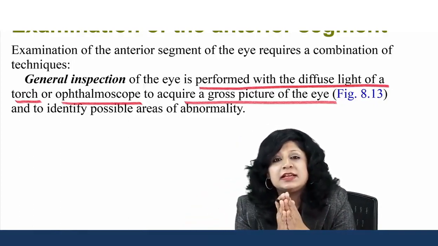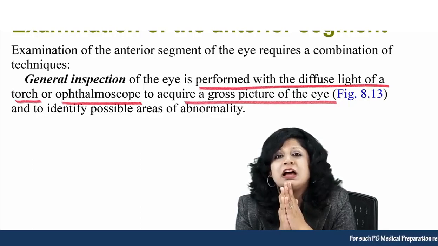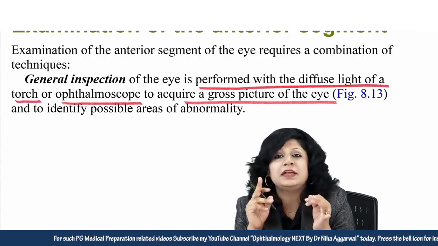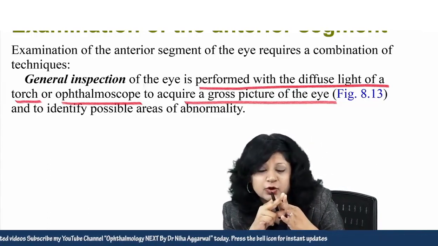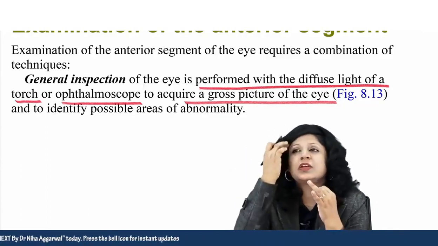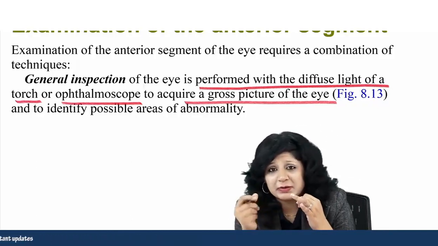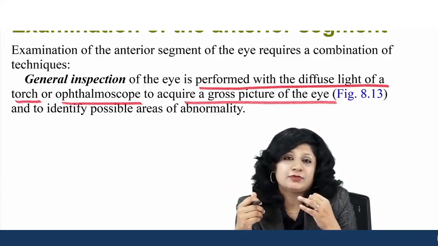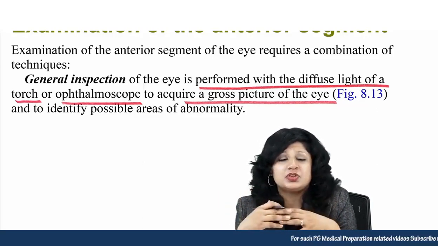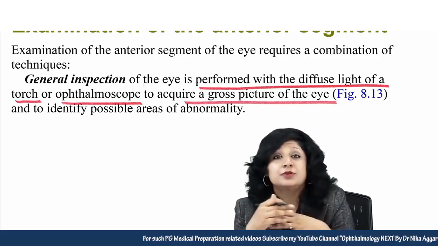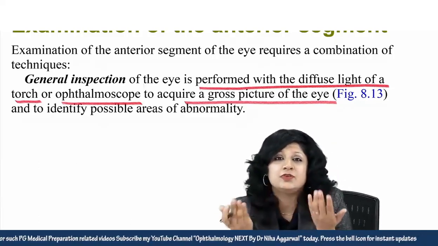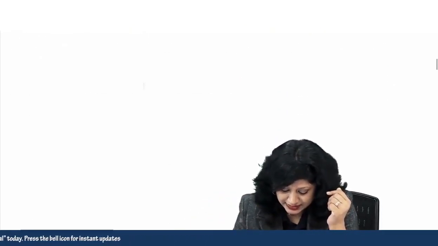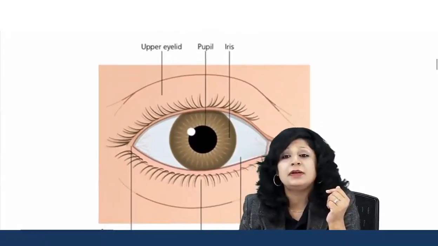Now when we do the examination of the anterior segment, you will have to start with the diffuse light. This diffuse light could be your torch light, or the light of the direct ophthalmoscope. Sometimes when we do not have torches, we can use it, but be sure that you are dimming the battery of your direct ophthalmoscope, because a fully charged direct ophthalmoscope will give you a very strong light and the patient will feel photophobia, and if he becomes photophobic in the initial phases, obviously you cannot expect cooperation till the last.